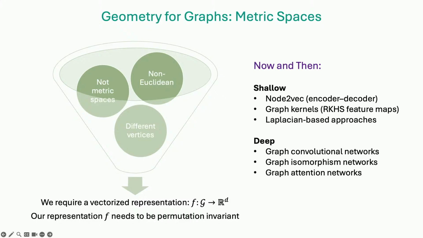Well, we have certain challenges with graphs. Graphs themselves are not natural metric spaces, unless you define and endow a metric. The most common one is probably the shortest path metric. These are non-Euclidean objects, and you can have different numbers of vertices as well. So the most standard way to handle this is to look at a vectorization: you have a vectorized representation or an embedding, and you need this to be permutation invariant, because of everything I was talking about for the algebra.